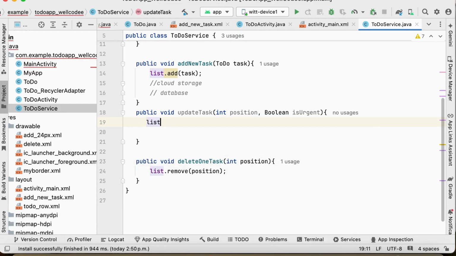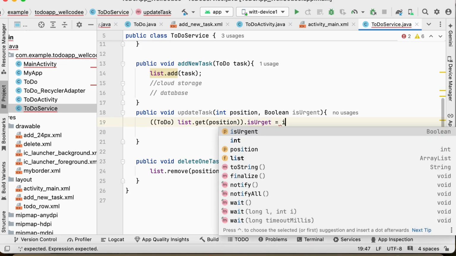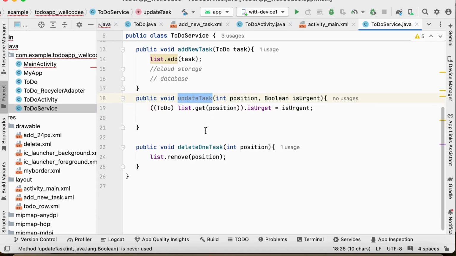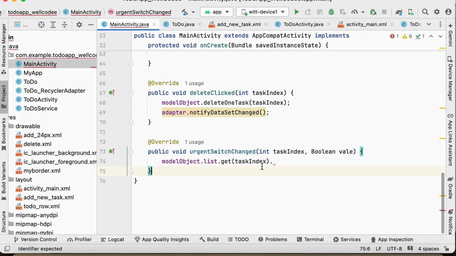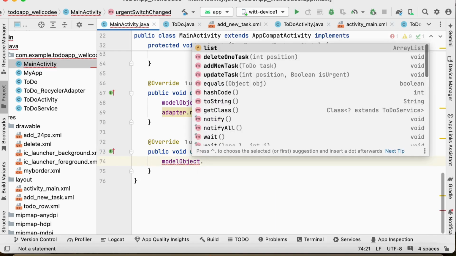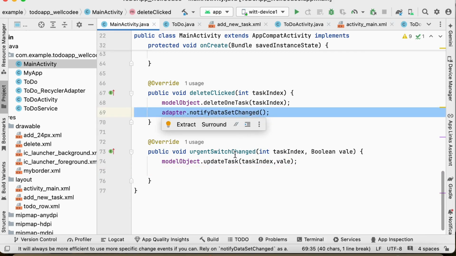So in here I say list.get a specific position, and I will cast this list item to a to-do, and then I can access this isUrgent and assign it the isUrgent value that I have. So this is the updateTask function inside the service. I could call it in main activity. So here in main activity I will say model.updateTask, passing this task index and the value as a parameter,